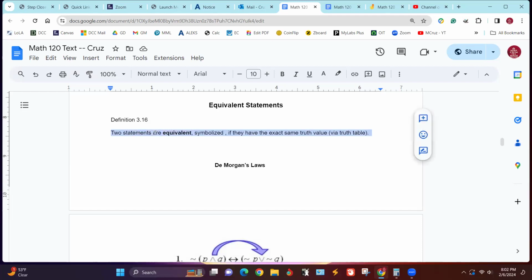Two statements are equivalent if they have the exact same truth values in the truth tables, not just that they both got two F's and two T's. They have to have them in the same order.